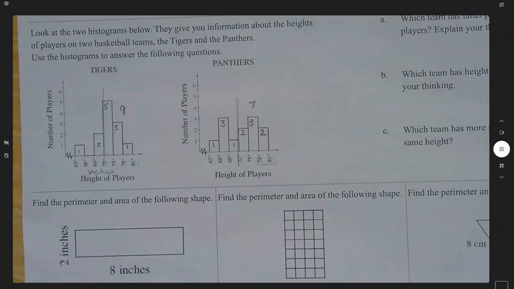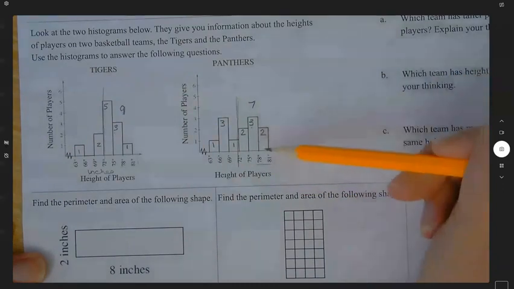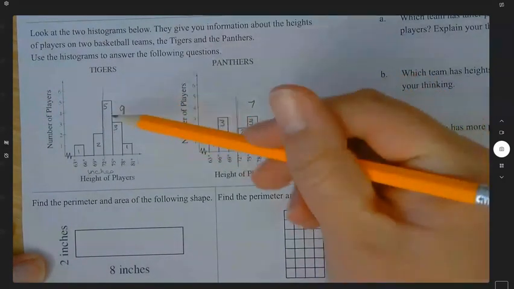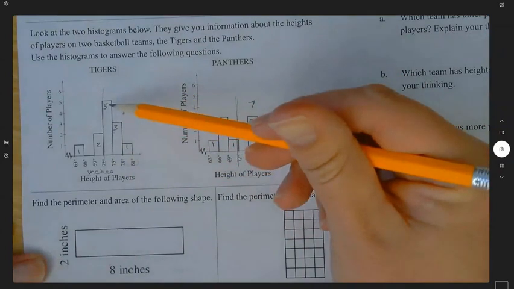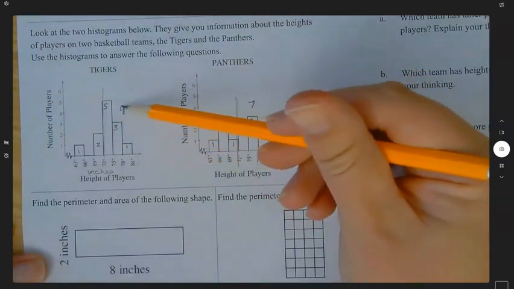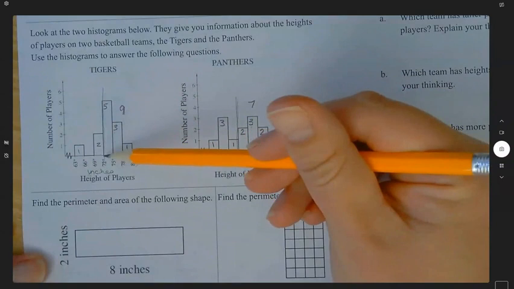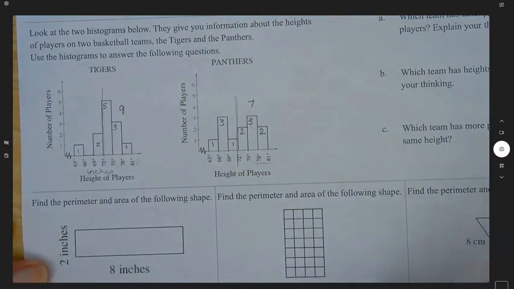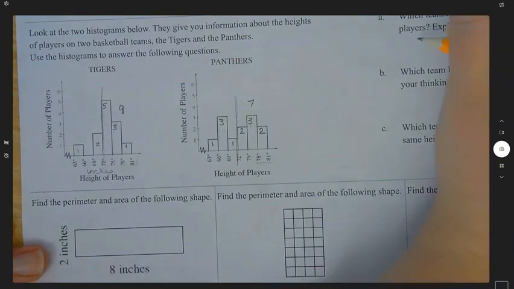And I think you can answer the question in multiple different ways. You can say that the Panthers have the tallest players because they have 2 players between 78 and 81 inches. Or you could say that the Tigers have the tallest players because they have 9 players that are the midway point and above. So it kind of really just depends on who or what part of the graph you want